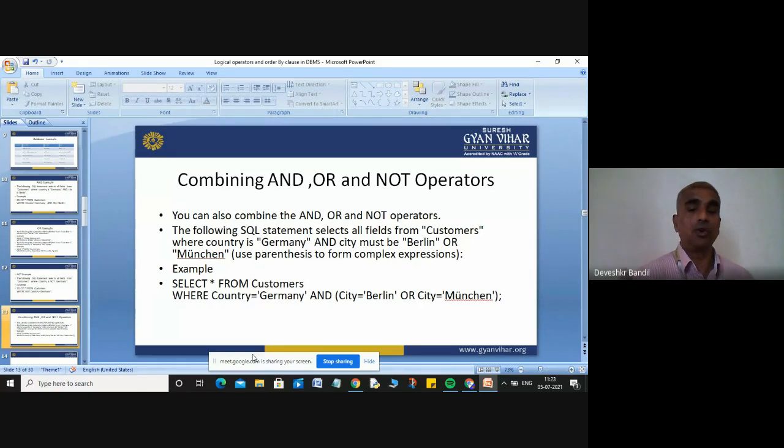Okay, so here you can see I have used the parenthesis, where you give the two cities: either your city is Berlin or your city is Munchen. So that is the example of using the AND, OR and NOT operators in a combined manner. Okay,